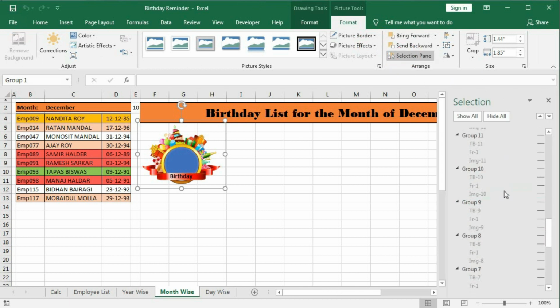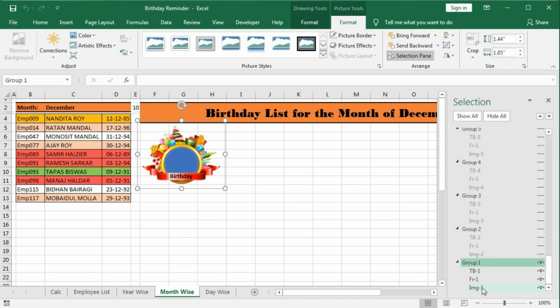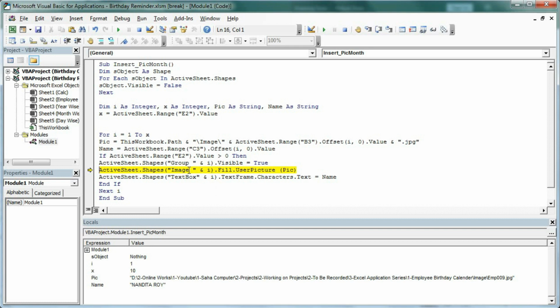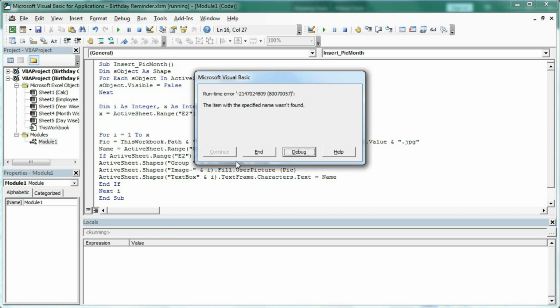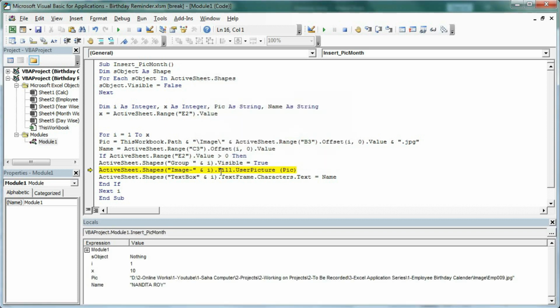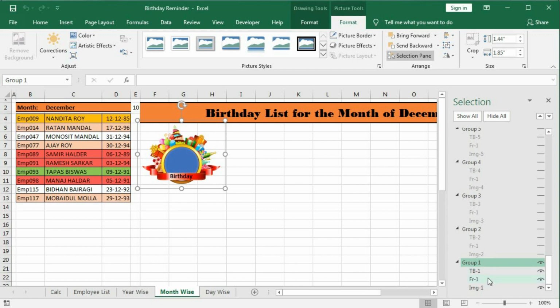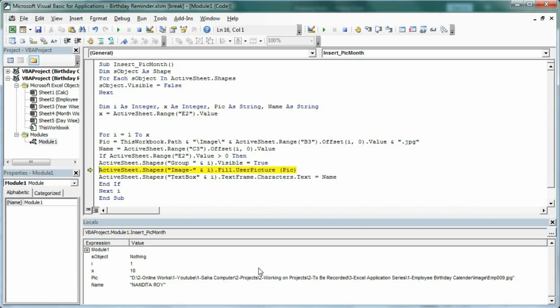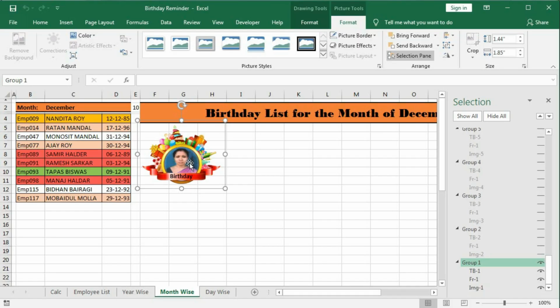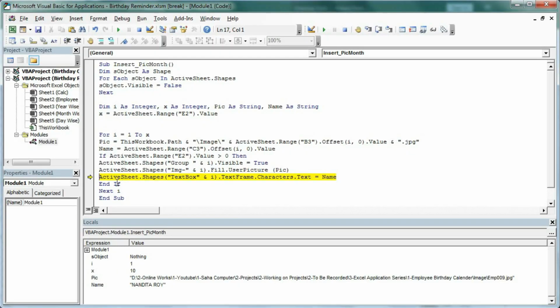So we have this one, group 1 image -1. Okay, so here it should be image -1. Okay, now press F8. Then also we are getting error. Okay, let's see. IMG, sorry. It should be IMG, not full name, IMG1. Press F8. Now here you can see we got the picture of Nandita Roy